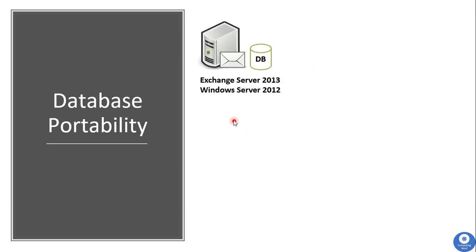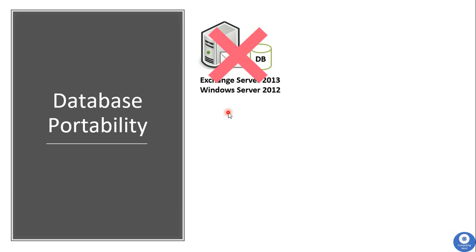So let's say you have Action Server 2013 in your organization and the mailbox database on this Action Server got corrupted or crashed. Now your users on this Action Server are not able to access their emails, not able to send or receive emails, or not able to log in to their mailboxes. In this case, we have to rebuild or recover this Action Server in order to access the mailboxes for all users who were hosted on it.